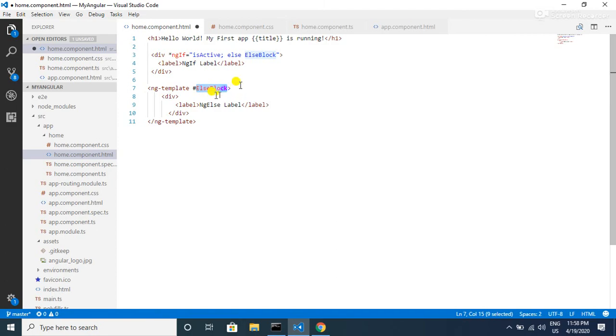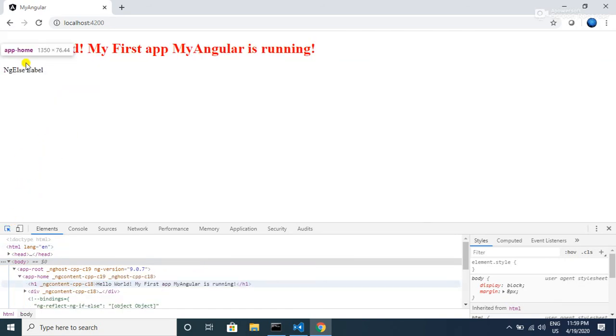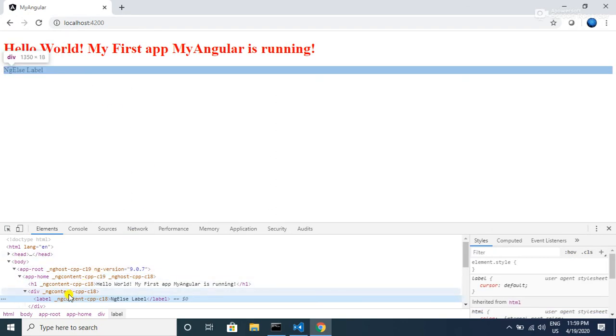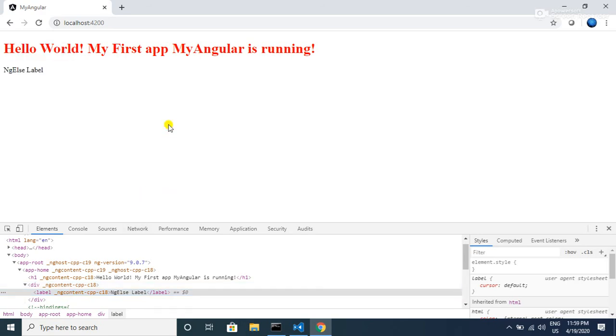When isActive is false, only then go to the else block, otherwise load my ngIf label. Let me save this and open the browser. Here the ngElse label is loaded now, and only the else label is in the DOM, but the ngIf label is not. We just discussed why.